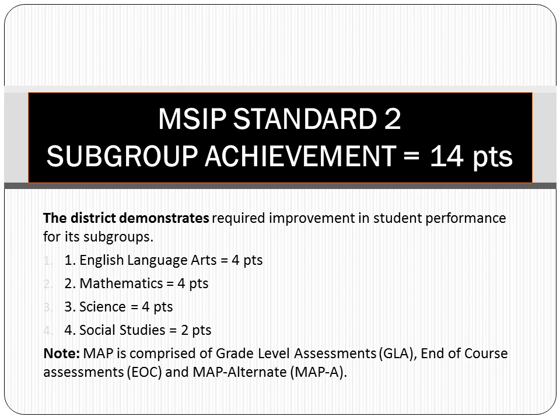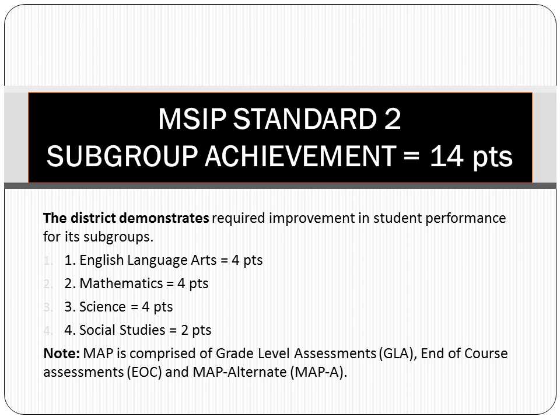Standard 2, subgroup achievement. This one is worth 14 points, not as large as the first one. It's a super subgroup. Our 2 super subgroups are students with disabilities, our IEP, and students that receive free and reduced lunch. Those are the 2 categories that we have for super subgroup.